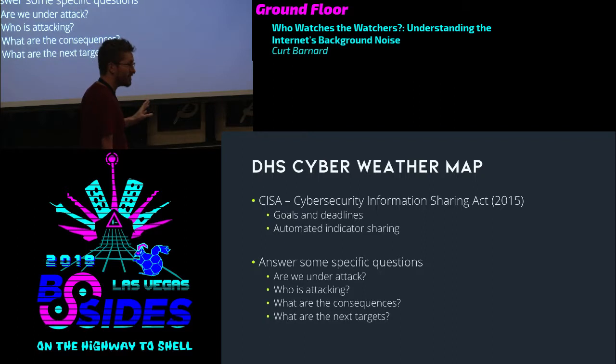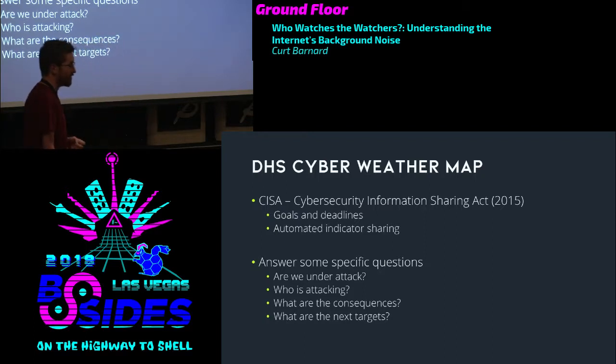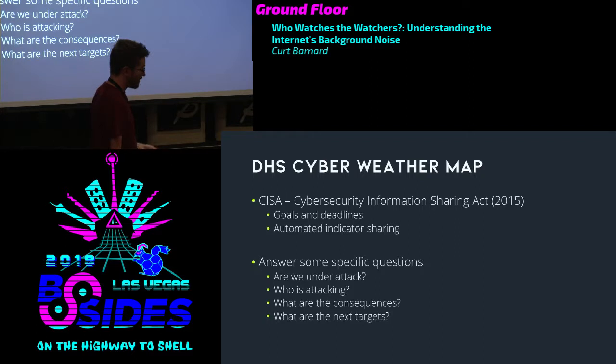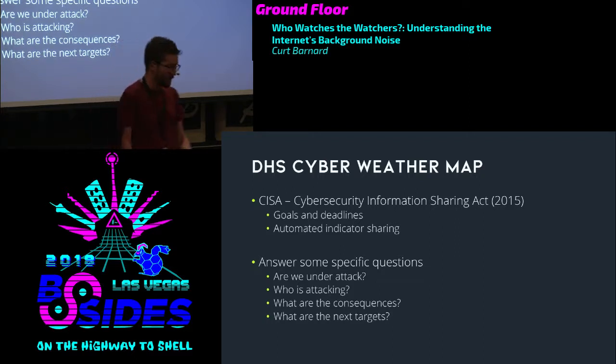So I'm giving them a little bit of slack here, but at least in their defense, they came up with some very specific questions that they hoped the cyber weather map would answer, such as, are we, I don't know who we is, are we under attack? Who is attacking? I also don't really know what that means in this context. What are the consequences? That's pretty good. And what are the next targets? I think that's a little optimistic, but